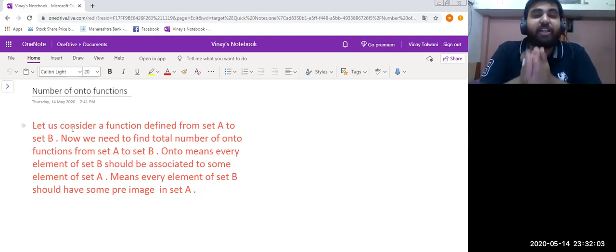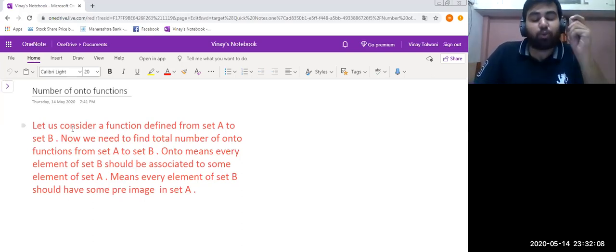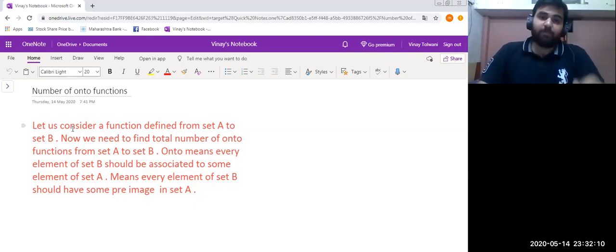Every element of set B should be associated to some element in set A.